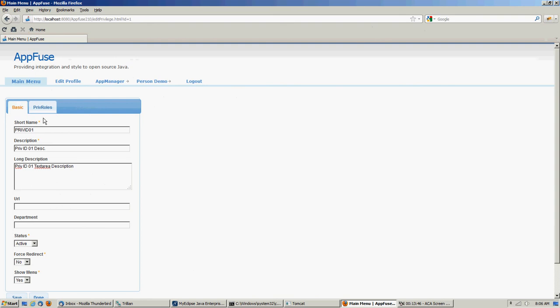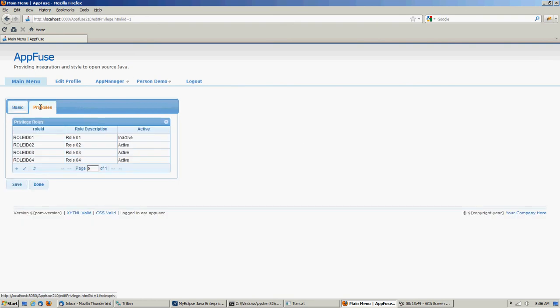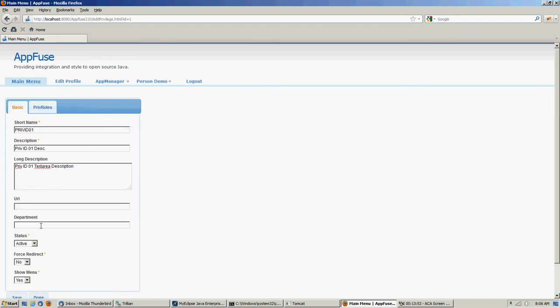So if we go back to our page here, you see here's our priv roles, and our priv roles contains another grid, and we also have our basic values. Okay, so let's take a look at the basic